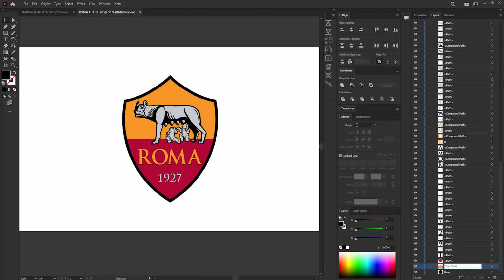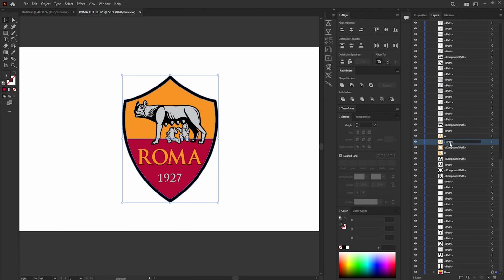We'll do top orange, bottom red. Then what we can do is target this bottom red layer, then hold down Shift, target the base, which will select everything in between, and then hit Control G to group, and we'll rename this to base. We'll do the same thing with the Roma letters, and then select them, hit Control G to group them, rename